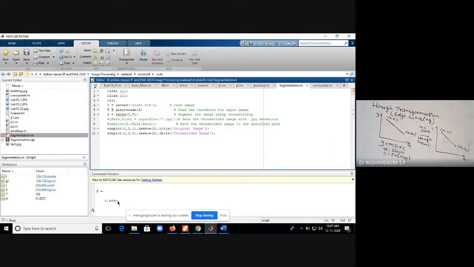So this is the threshold value you can see here. 0.6490 is the threshold value and the output yet has to be displayed. It will be displayed.